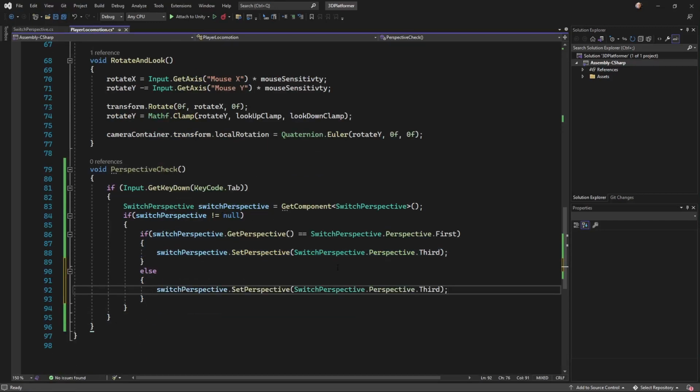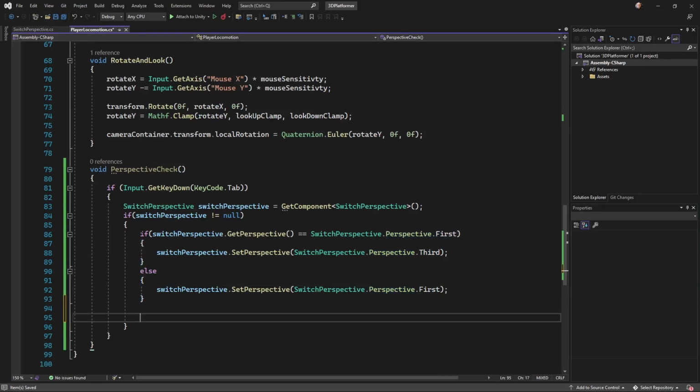This is saying that if we were set to first, we're going to set it to third. If we're not set to first, we don't need an else if for this, we're just going to set straight to first instead. So it's going to alternate between third and first. Now if we add in other perspectives, you'll need else if statements in here. Outside of this if else statement, but still within the nested if statement that's checking for the null,